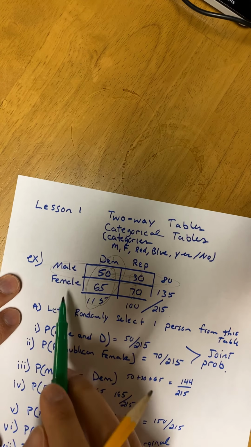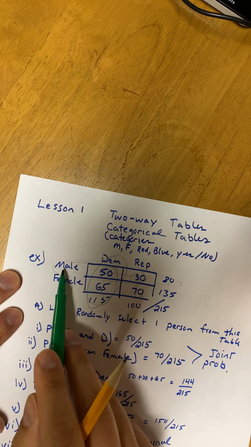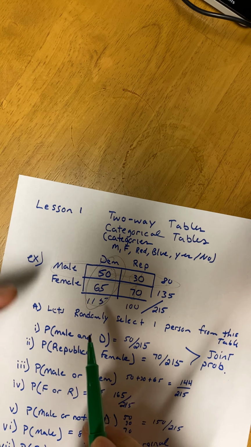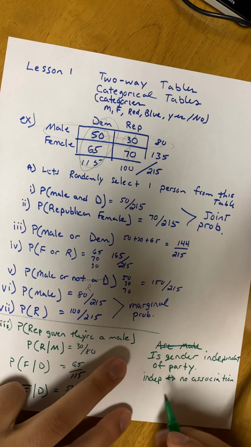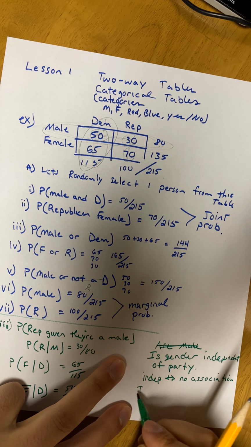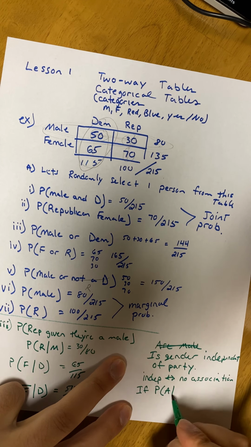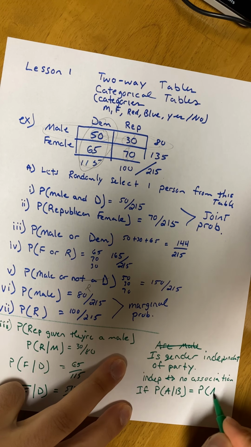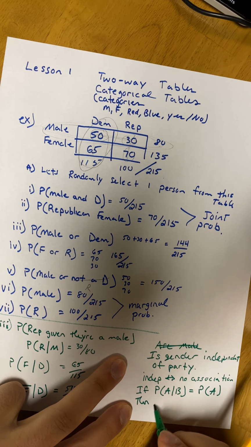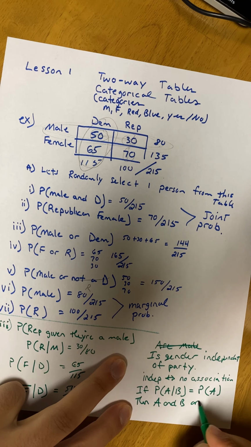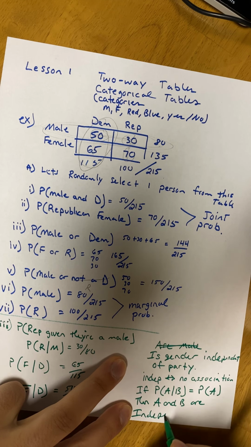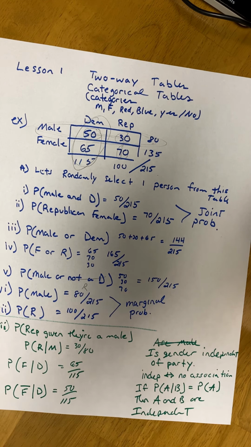So does it matter if you're a male or a female? Are more males likely to be Democrats over females? One way we can answer this is by this formula. If the probability of A given B equals the probability of A, then A and B are independent. So let's test this. So what you could do